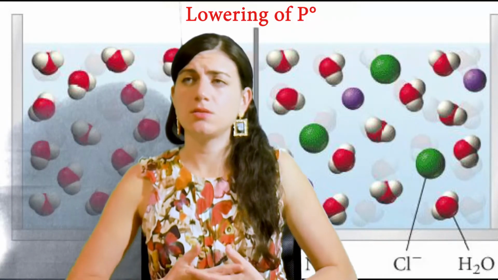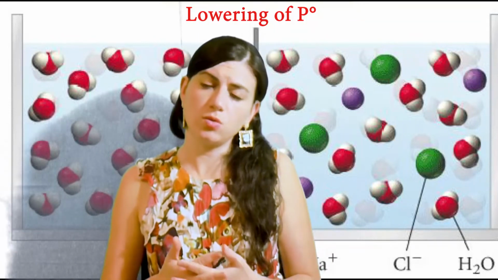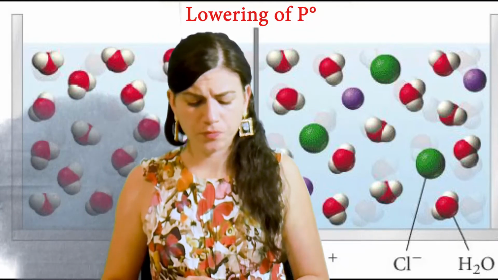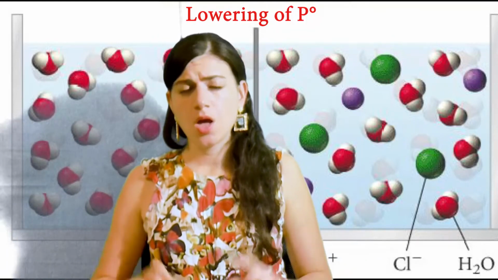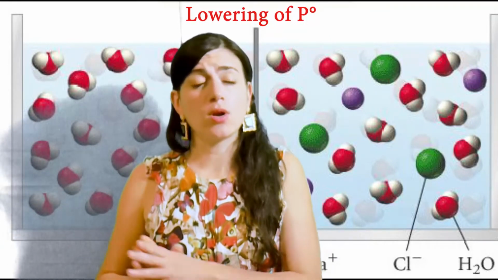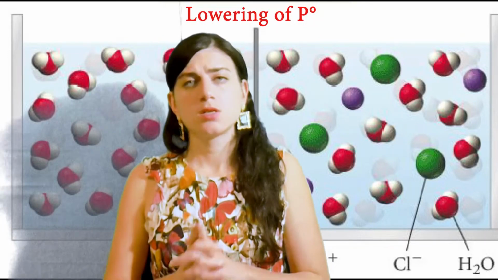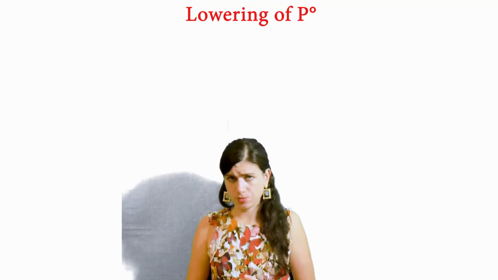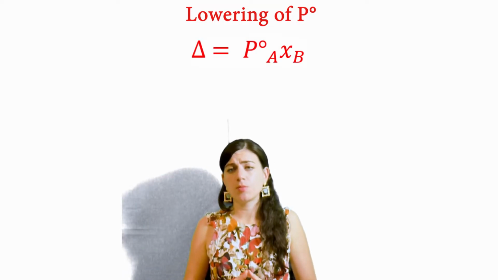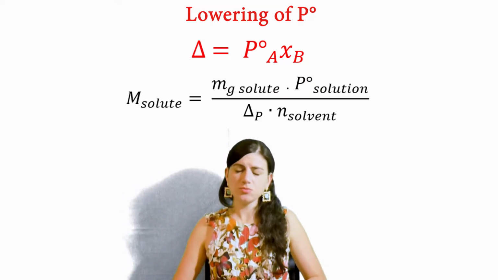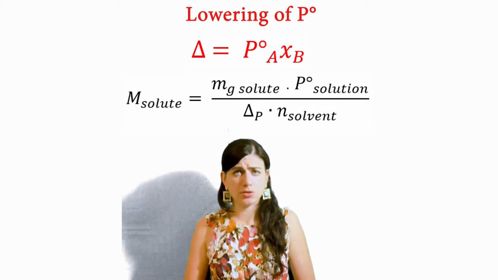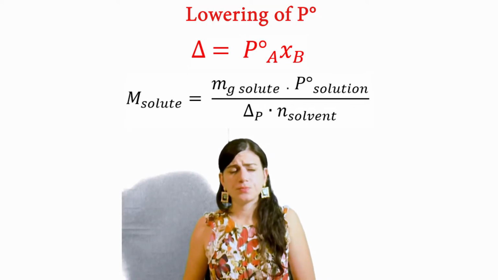In physical chemistry, the explanation of this phenomenon will include the concept of chemical potential, but this is too advanced for now. As I told you at the beginning of this video, colligative properties were used to calculate the molecular weight of the solid. So if you rearrange your equation for the lowering of vapor pressure, you can get the molecular weight of your solid. Now, how to derive this new equation, I will write in my Patreon channel, you can check it, but